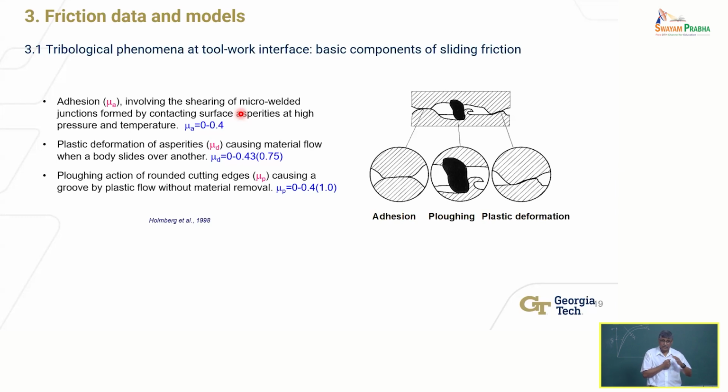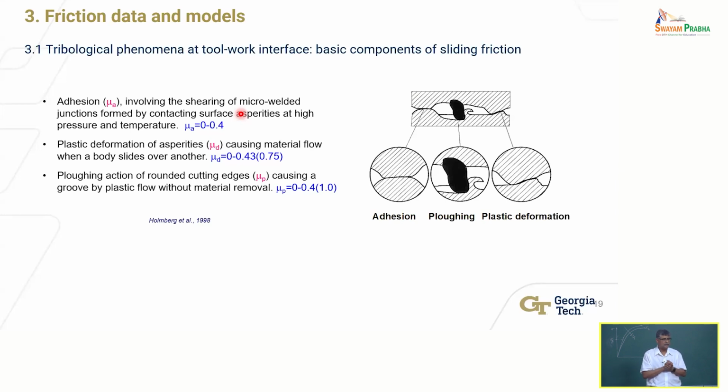When you have very, very smooth surfaces, then the real area of contact and the apparent area of contact are almost the same, right? So in machining, between the chip and the tool, the contact area is almost the same. In other words, the real area of contact is equal to the apparent area of contact. The contact stresses are so high that adhesion is so high that these asperities will deform plastically. They flatten and you have the real area of contact approaching the apparent area of contact.